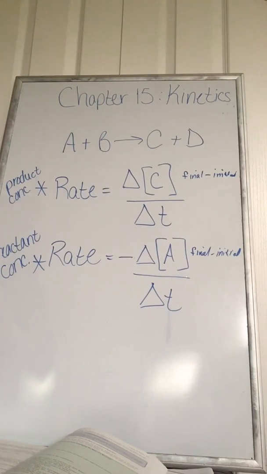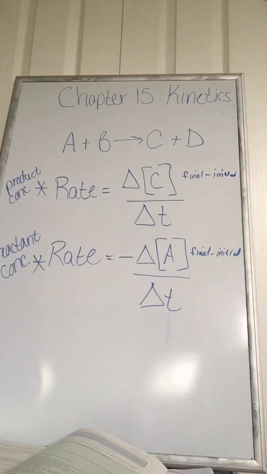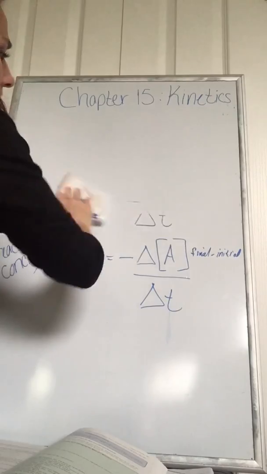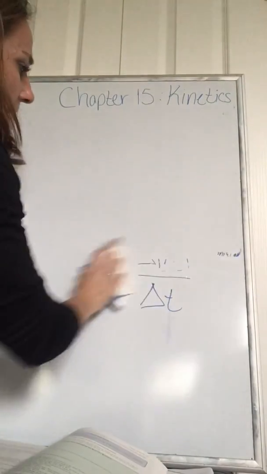So let's do comp check number 1 that's on page 455. All right, so I hope you were able to write those down. Actually, they're the pink boxes on page 454, so it should be something that stands out to you anyway. So if we look at comp check number 1 on page 455,